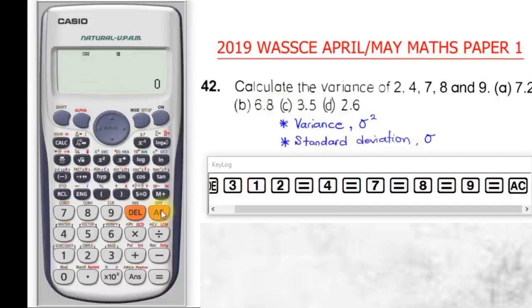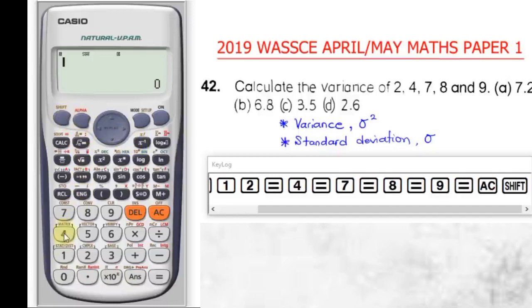If you don't do that, you may be mistaken to just press another button, and the calculator will take that as if you are still continuing to input values of the variables. So here we have our variables, and we now need to go ahead to find the standard deviation, from where we can find the variance. To do that, we need to press shift 1. On top of 1, you can see that we have